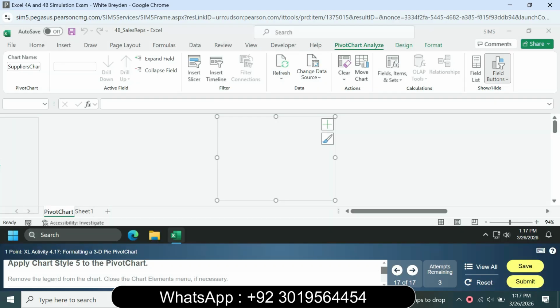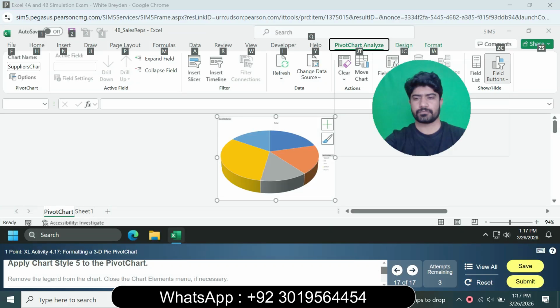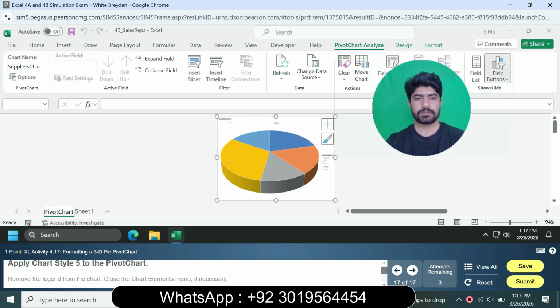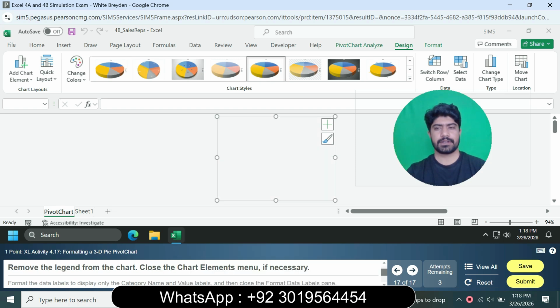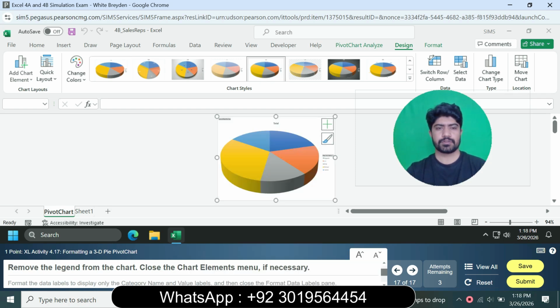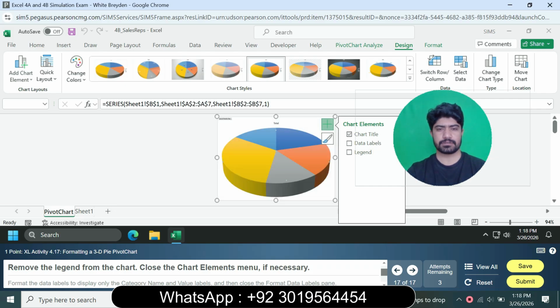So we move to question number 17. Apply the chart style 5 to the pivot charts. Go to the pivot table tabs, go to the design tab and select the style 5, and next remove the legend from the chart and close the chart element menu if necessary. Click the remove chart elements and click close